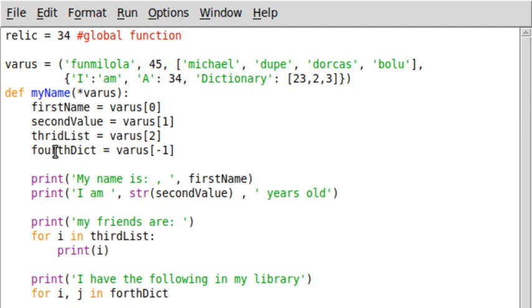Did I spell it correctly? fourth_dict.keys, and then fourth_dict.values. Alright, so I'm going to explain why I am doing this zip. Okay, fourth_dict.keys, fourth_dict.values. Okay, now print